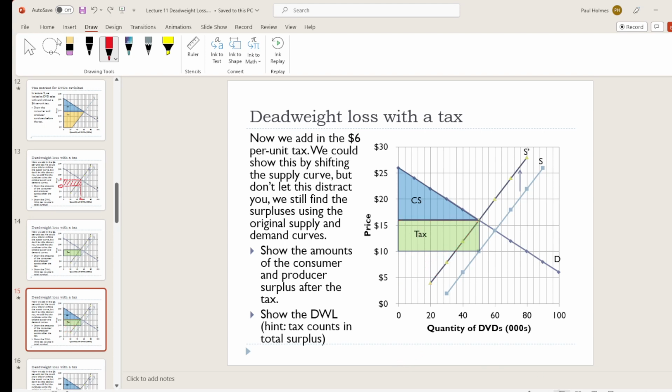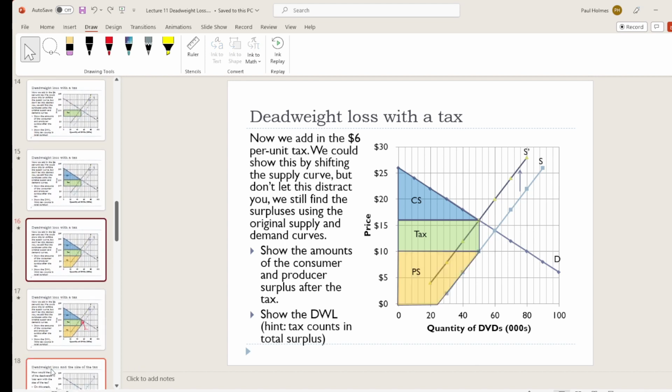but that's not the most common way to show the producer surplus. What's more common is to use this price without tax that the sellers are going to receive, $10, and the original supply curve that shows their costs without the tax. Then that area in there is their producer surplus. Okay, now if we compare,